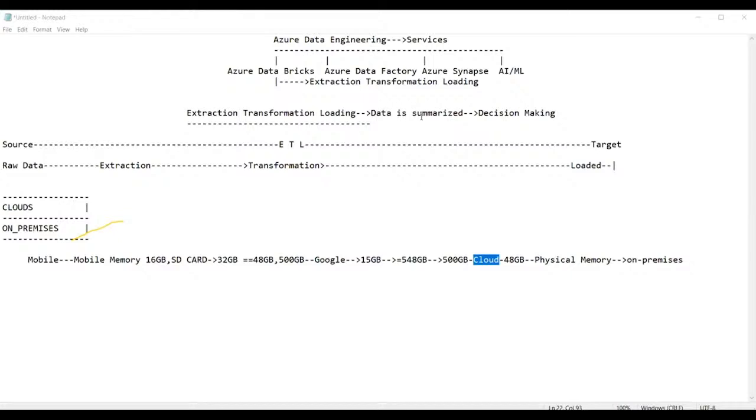Suppose tomorrow you travel to another country, say the United States of America, and did not take your mobile phone. Can you still get this Google Drive memory on your mobile phone even after reaching the USA? Of course, the access is possible irrespective of the location. So we can say that we can access the data stored in Google Drive from anywhere in the world.